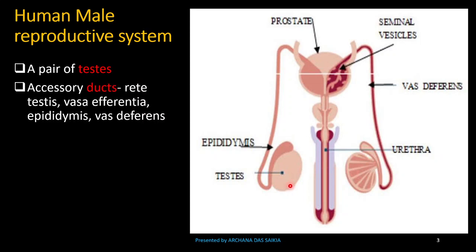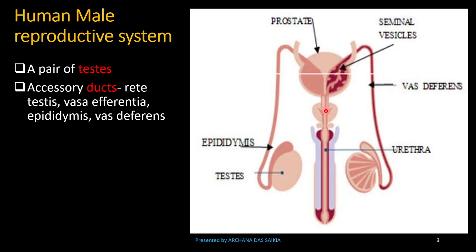Then, each of the testes is connected with some ducts, known as accessory ducts. They are rete testis, vasa efferentia, epididymis and vas deferens. We will talk about them again. Here the testis leads into the rete testis, which further moves forward to form the vasa efferentia, then the epididymis, then the vas deferens, which finally leads into the